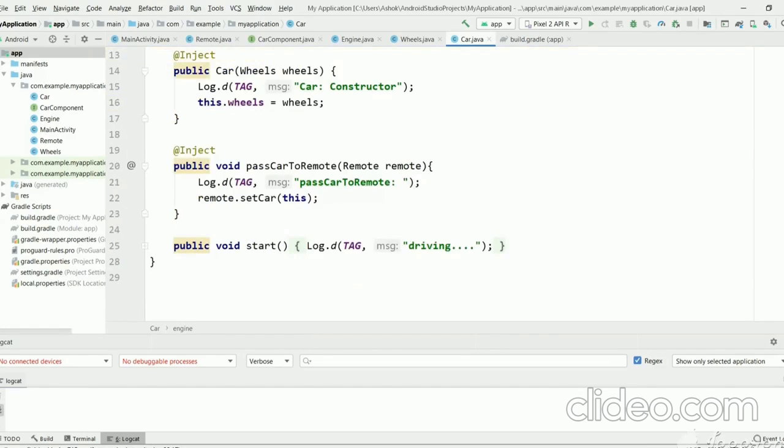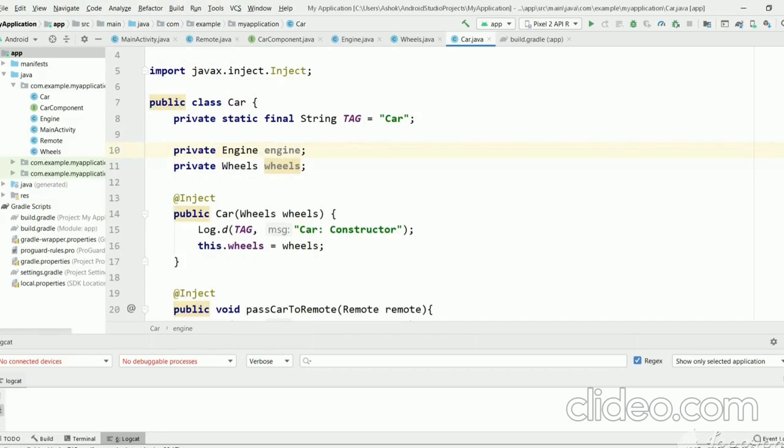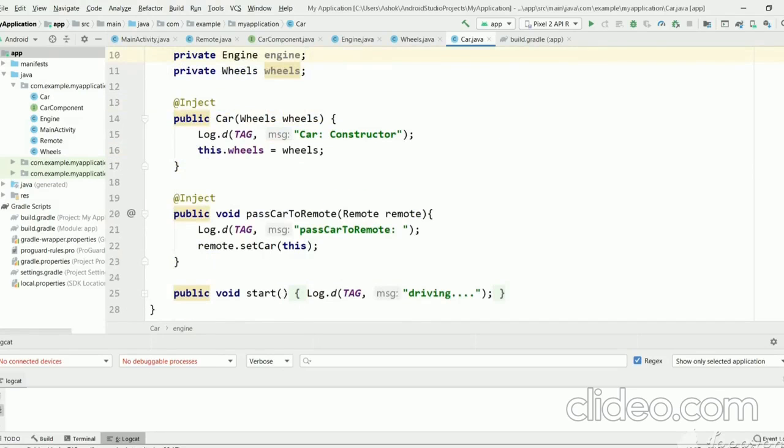Now let's try and use an engine class in this start object.